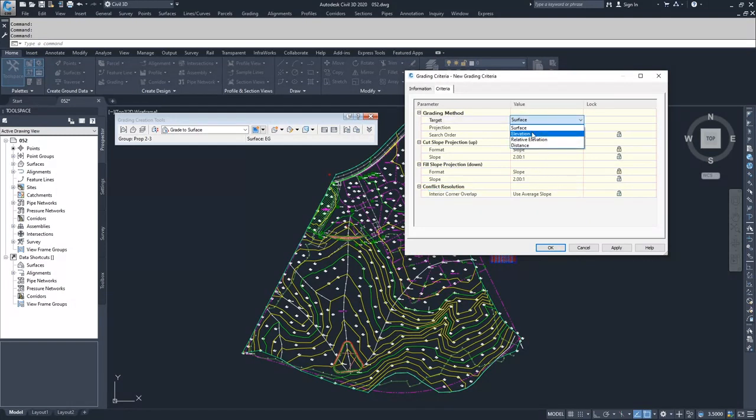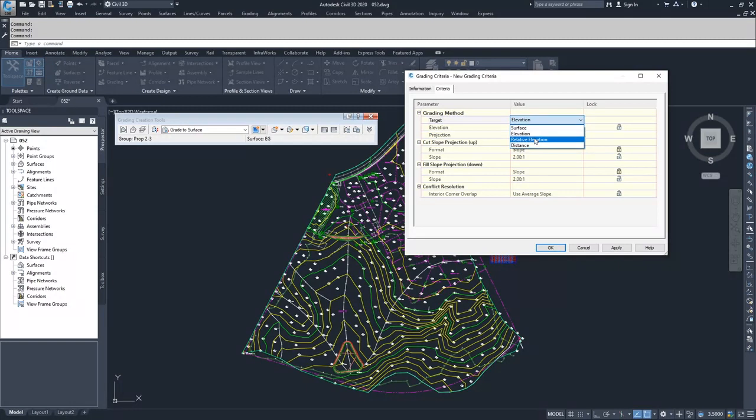So now we're going to move on to elevation. So elevation, all the cut and fill slope information is the same, and the conflict resolution is the same. What we've changed now is what elevation we're going to grade to. So this is a specific elevation, which generally you're probably not going to set up a grading criteria for every single elevation that you may want to grade to. So I find that having one grade to elevation criteria is all that you need. And then when you initiate that command, Civil 3D asks you the elevation and you fill it out. Then you have the option of, do you want to do cut fill slopes or just cut slopes or just fill slopes?